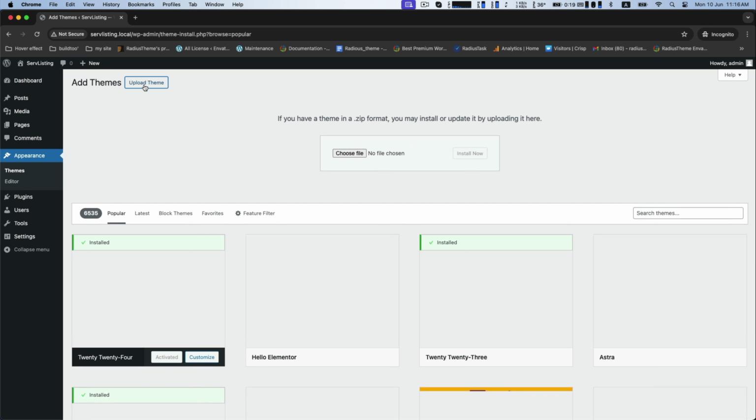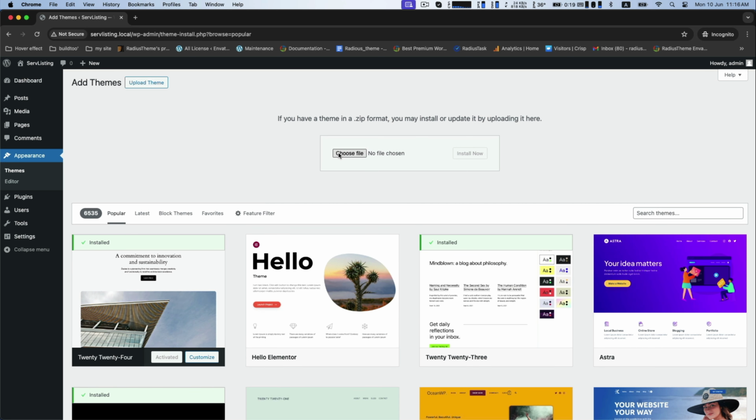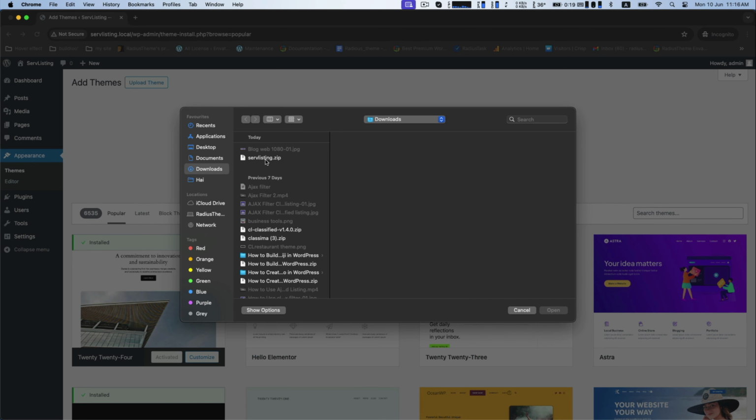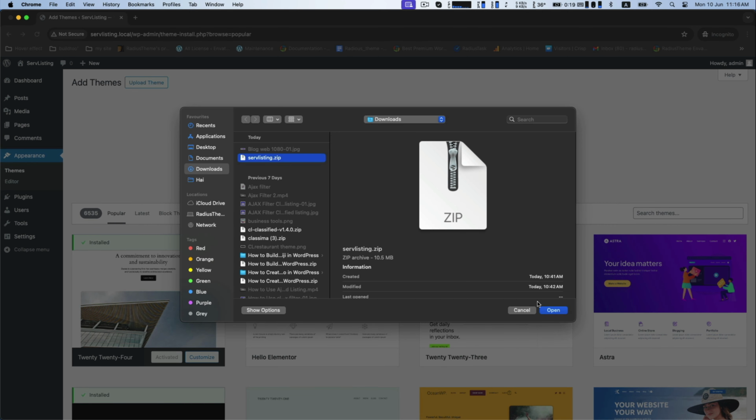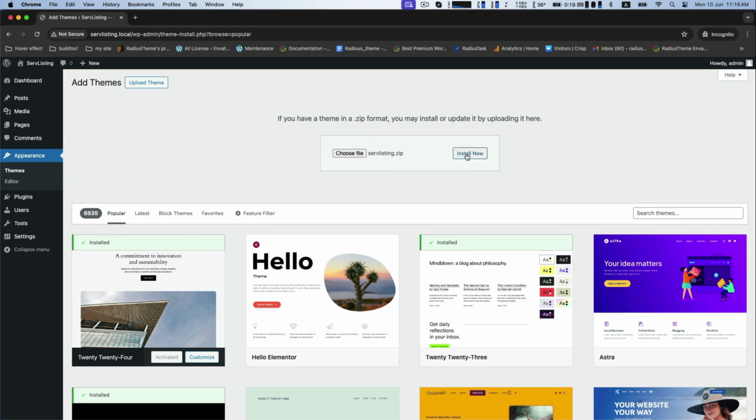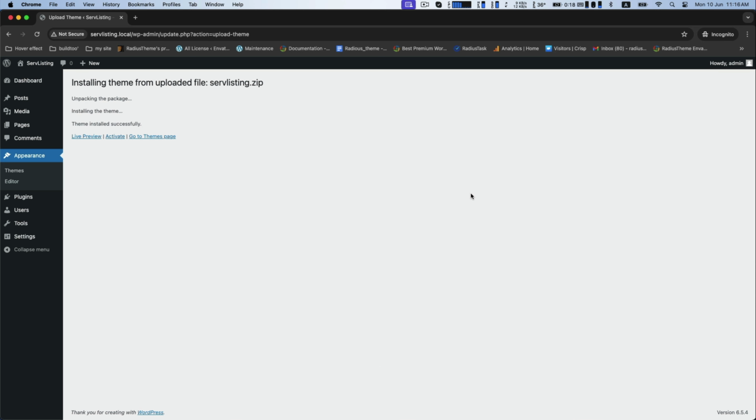Click upload theme and then click on choose file to select the exact zip file of ServListing. You will get this while purchasing. Then click install now. After installing, click on activate